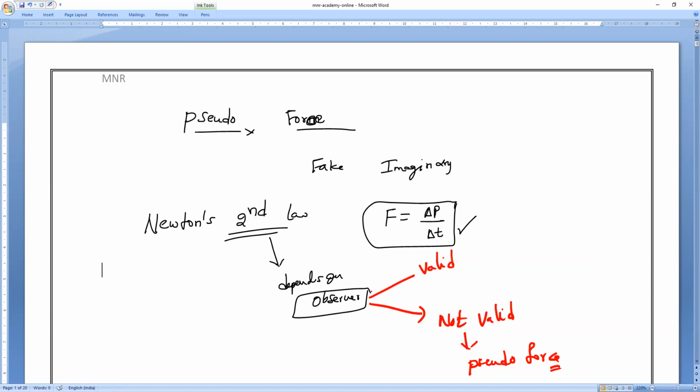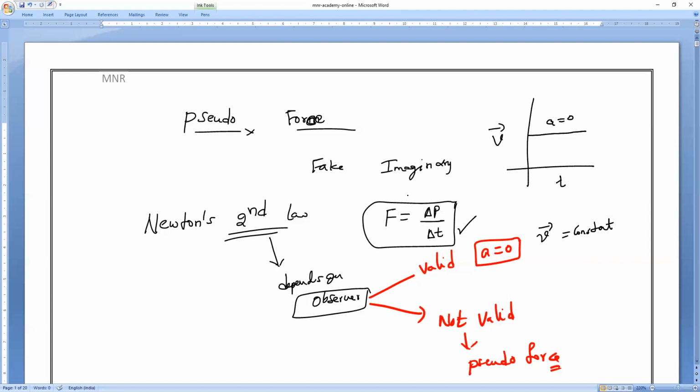As we already taught, Newton's laws are valid only when the observer's acceleration is equal to 0, that is, if the observer has a constant velocity. If the velocity is constant, what is the acceleration? On the velocity versus time graph, it will be parallel to the x-axis. Am I right or wrong, everybody? So in this case acceleration is equal to 0. If the acceleration of a body is 0, the velocity remains constant, and this is called an inertial frame of reference. In this case, Newton's laws are valid.